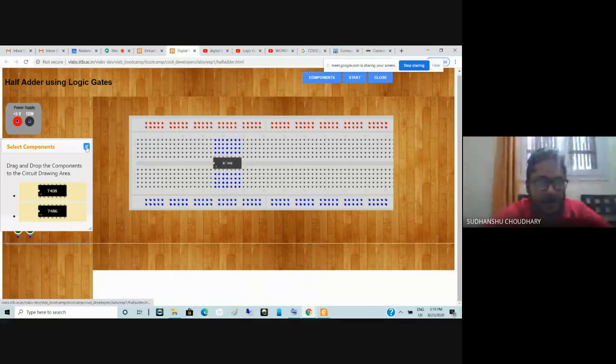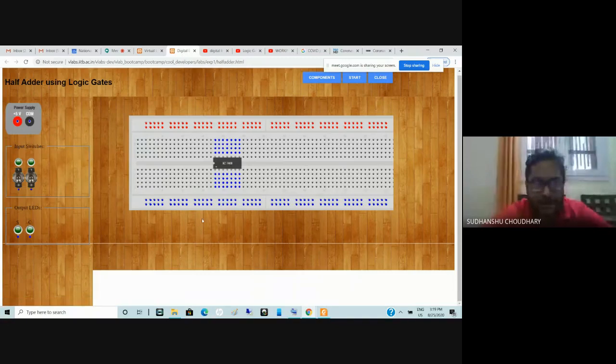Now the other thing is that you have to connect the power supply and ground lines. As I said, pin number 14 is always connected to power supply. You would notice this red circle and this black circle over here. This represents a +5 volt supply, and this COM represents ground, or common ground. So we'll simply click this 5-volt supply here, hold it, and bring a wire from here.